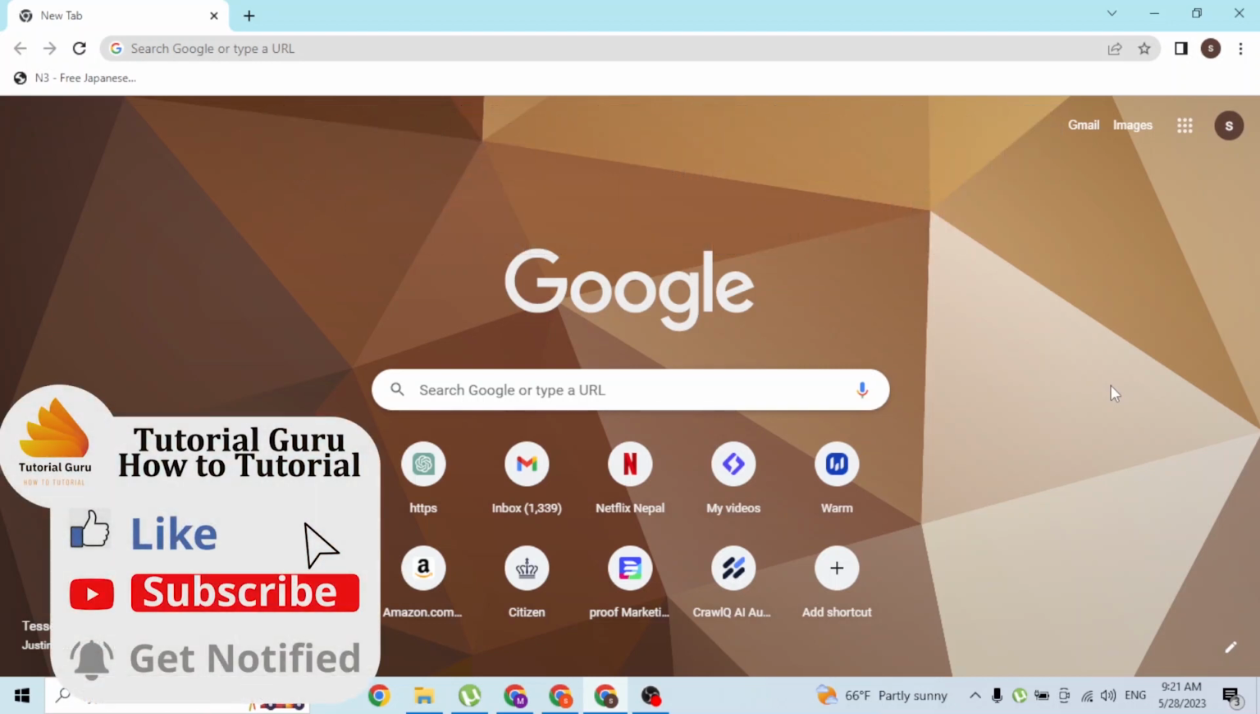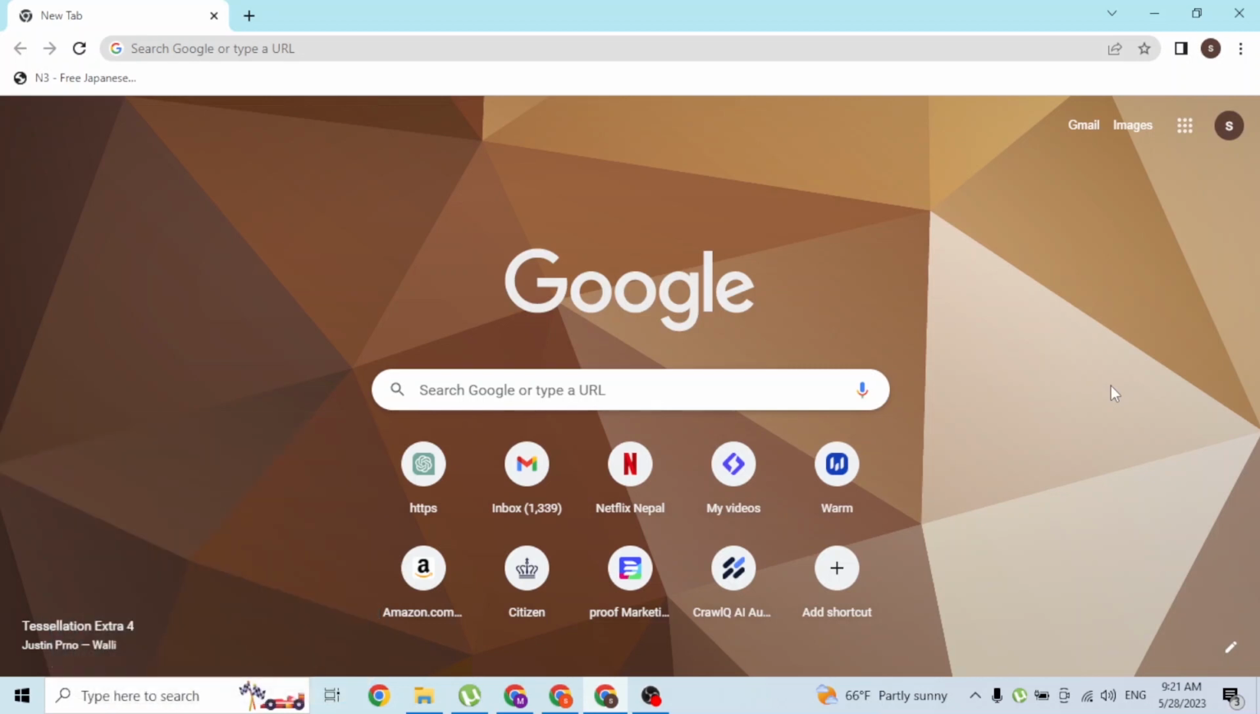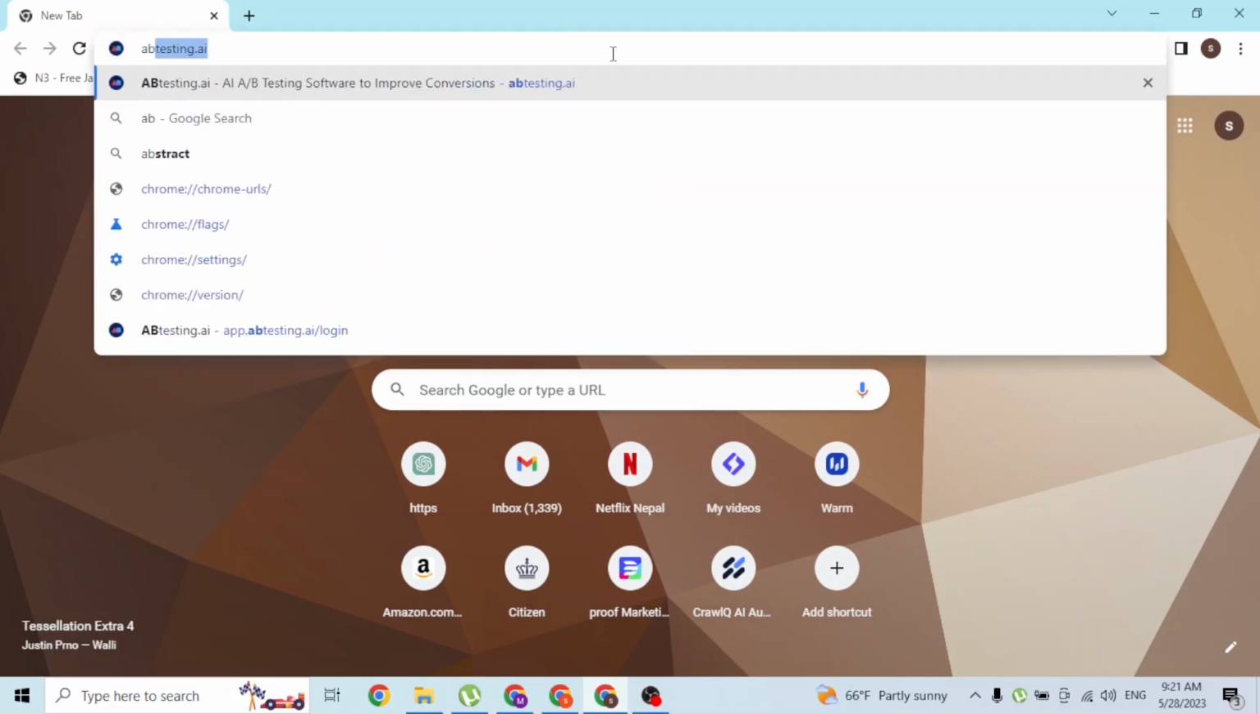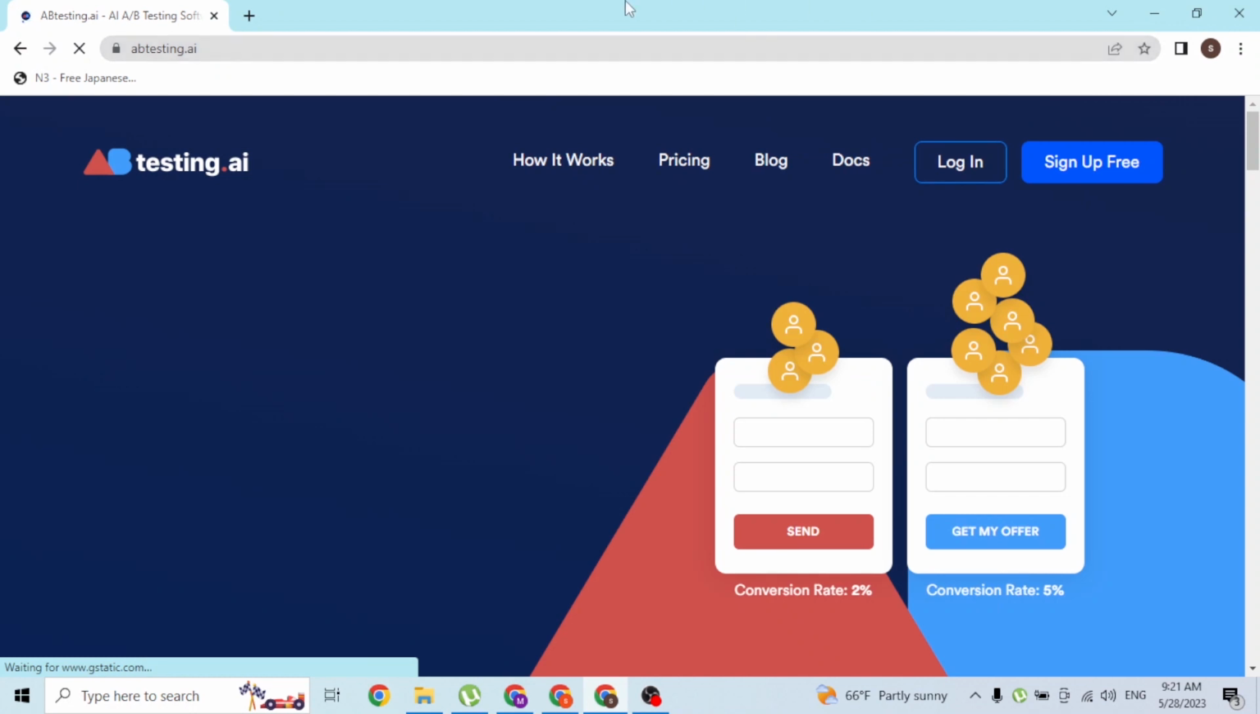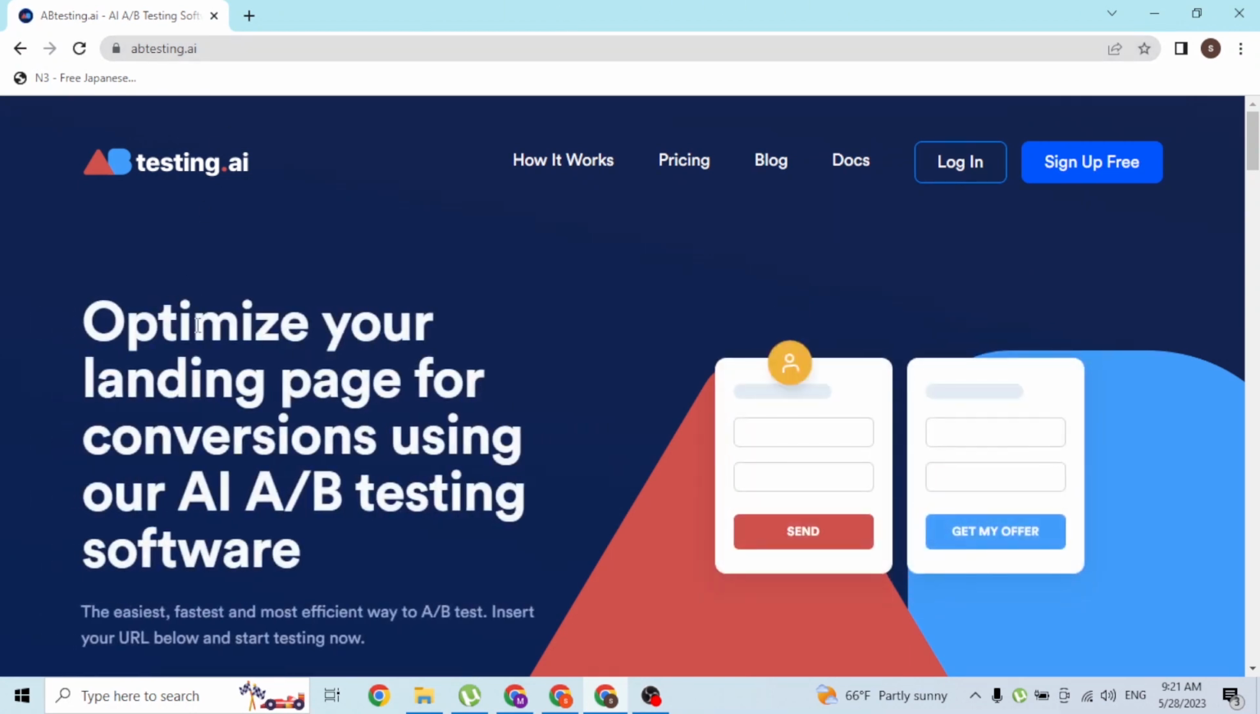Now to sign up for an AB testing AI account online on your computer, first open up your preferred browser. As I have already opened Google Chrome, on the search bar click over there and type in the address abtesting.ai and hit enter, and you will be directed to the home page of A/B testing, where at the top right corner of the screen we can see the login and the sign up free button available